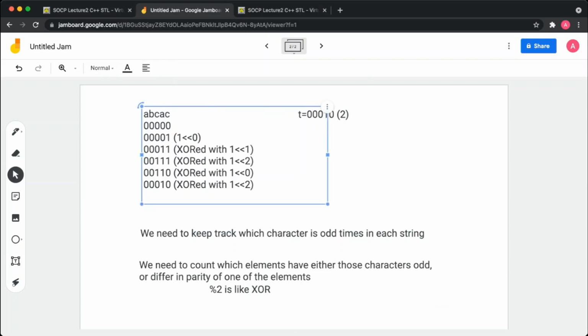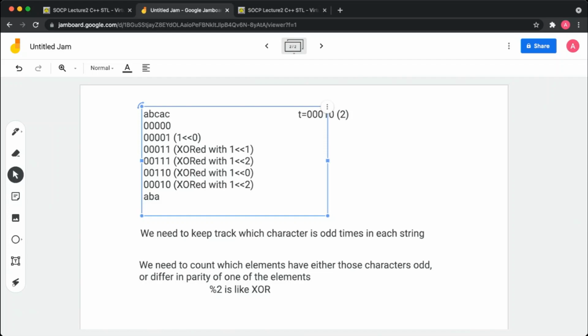Like we need to find the other string which has the b character odd number of times. Maybe another string which had the same tree could have been like ABA. This would have the same representation of the bit mask. Then we know that when we add this and this, we will get the string which satisfies this condition. Yes, and this is the case when we get an even total length.